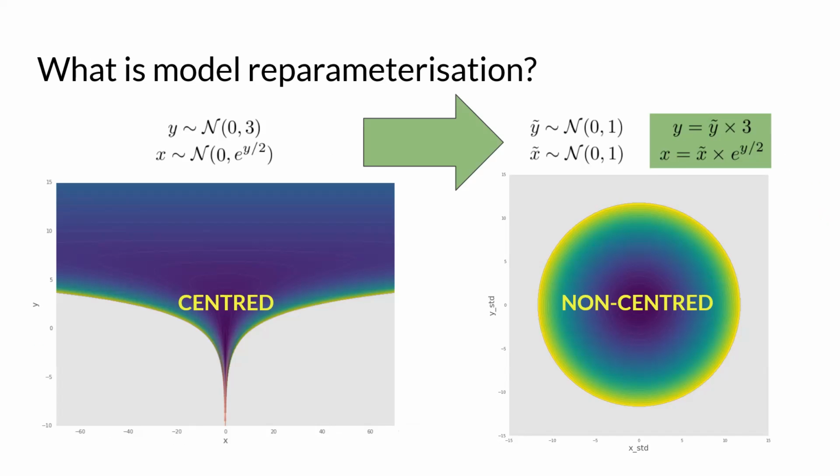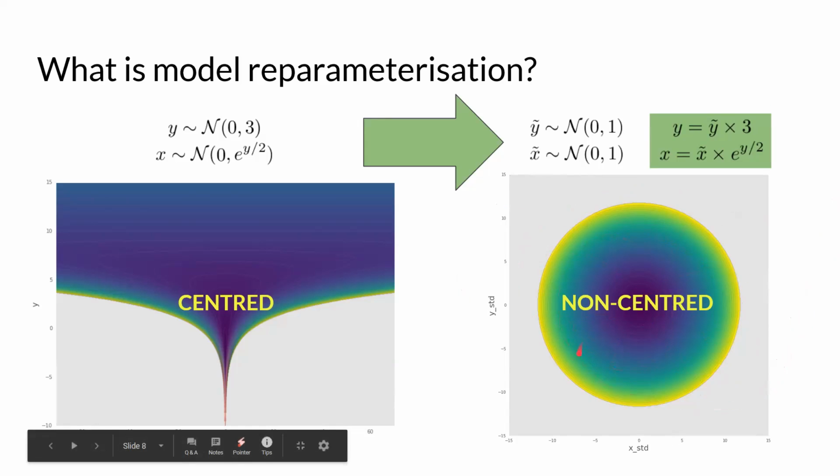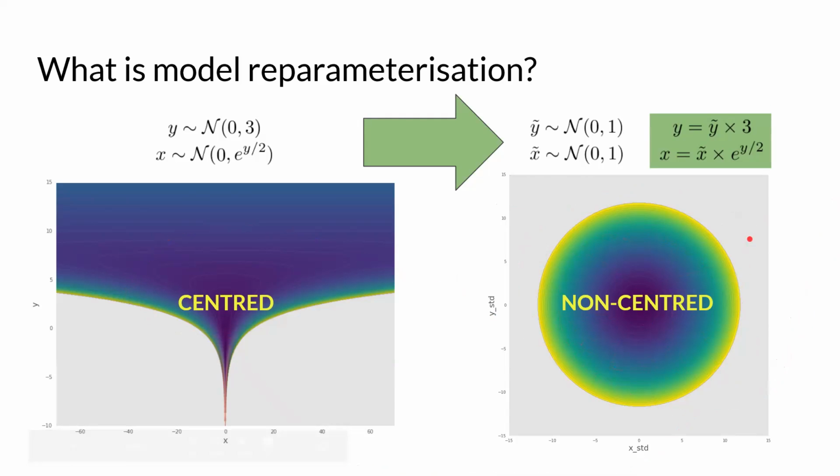Now you might be thinking that this sounds like a very easy problem. We just put everything in a non-centered parameterization, because of course it's easier to sample from a spherical Gaussian than from something that looks like that. Let's just express all models in a non-centered way and we're all done.